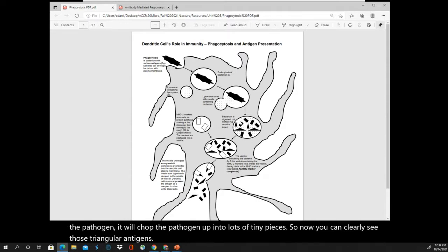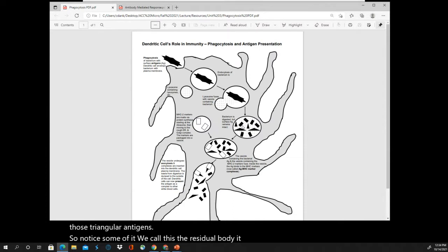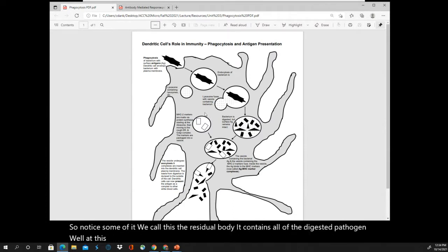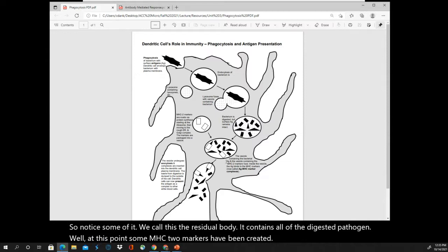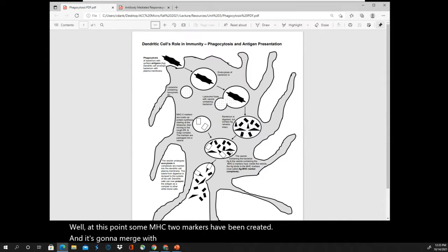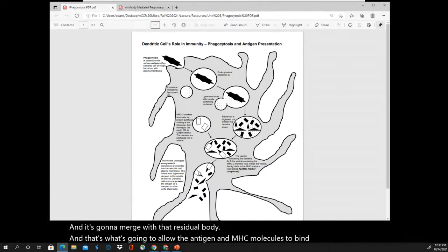So remember, we call this the residual body. It contains all of the digested pathogen. Well, at this point, some MHC2 markers have been created, and they're going to merge with that residual body, and that's what's going to allow the antigen and MHC molecules to bind together. And then that vesicle is going to be